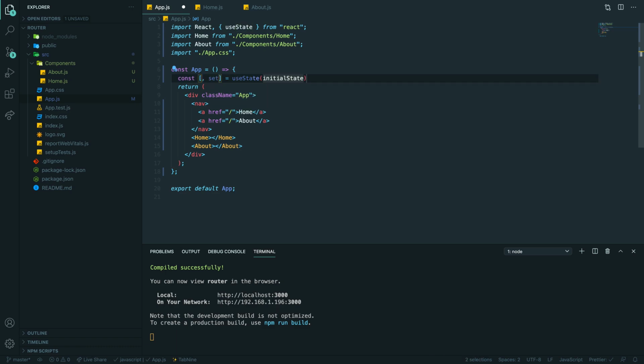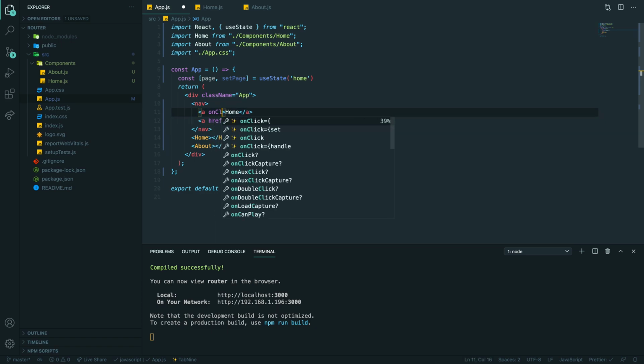One of the options is to have a page, right? And the initial page will be home for us. And on these anchors, that shouldn't be anchors, because it doesn't matter. That can be just lis or whatever. But what we can do is set onClick